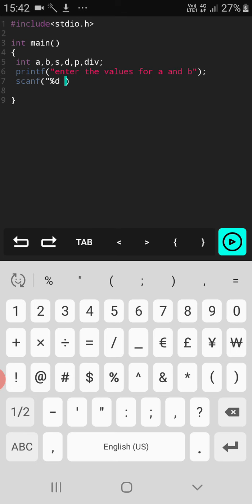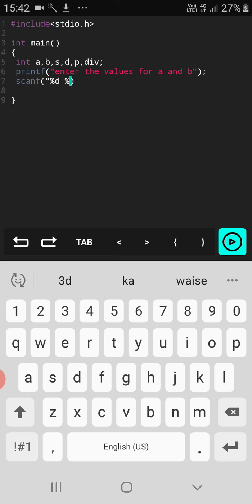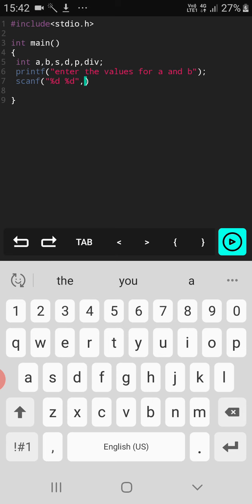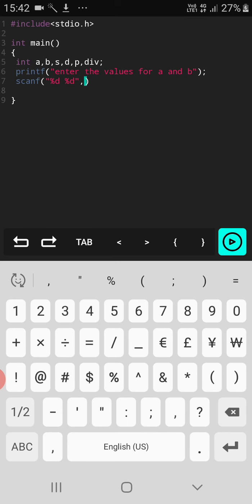is for accepting the value of the first variable, and once again I'm going to make use of %d that is used for accepting the value of the second variable, and here we are going to make use of the ampersand operator.